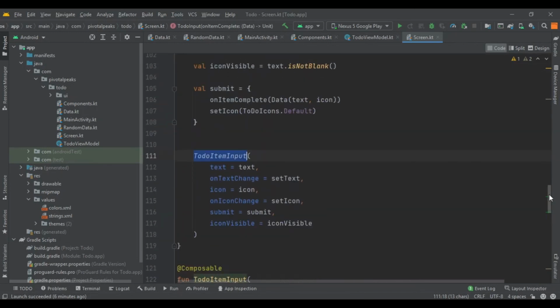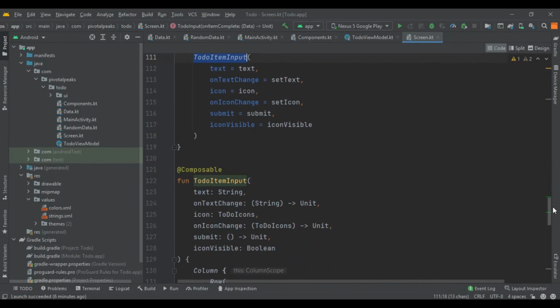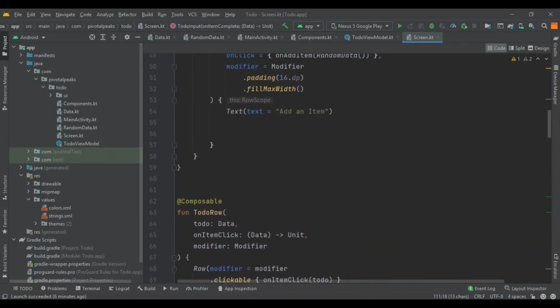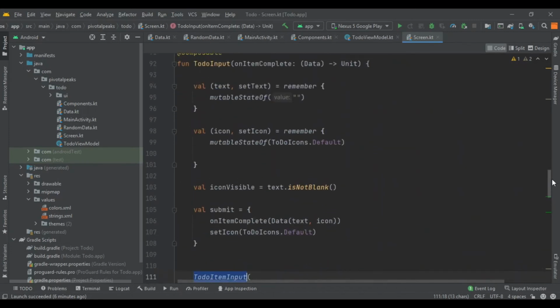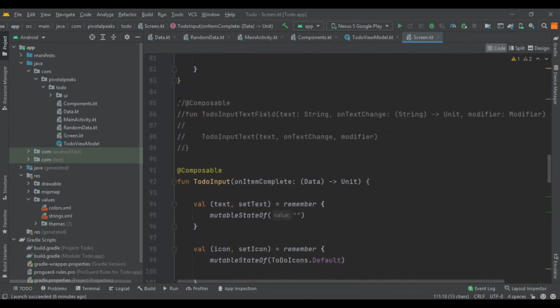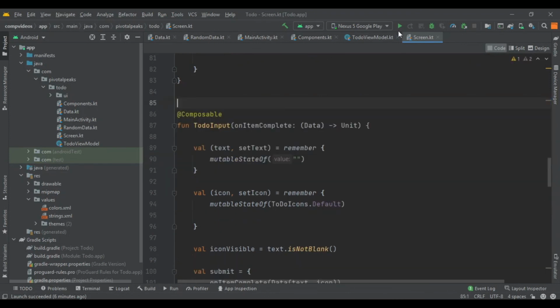I think we need to change something else. To do input. No, we don't need to change anything. We can delete this one if we want, and let's run and see if it runs again without any error.